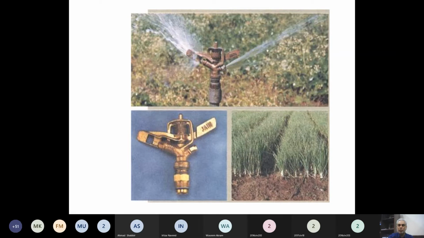A sprinkler gun is shown to you, made of metal to avoid corrosion. They are usually made of copper or some corrosion protected metal. It has a sprinkler nozzle, if you see over here, and that nozzle gives water. A jet of water is released from the nozzle. Then there is a vane attached in front of the nozzle, and the vane plate is at an